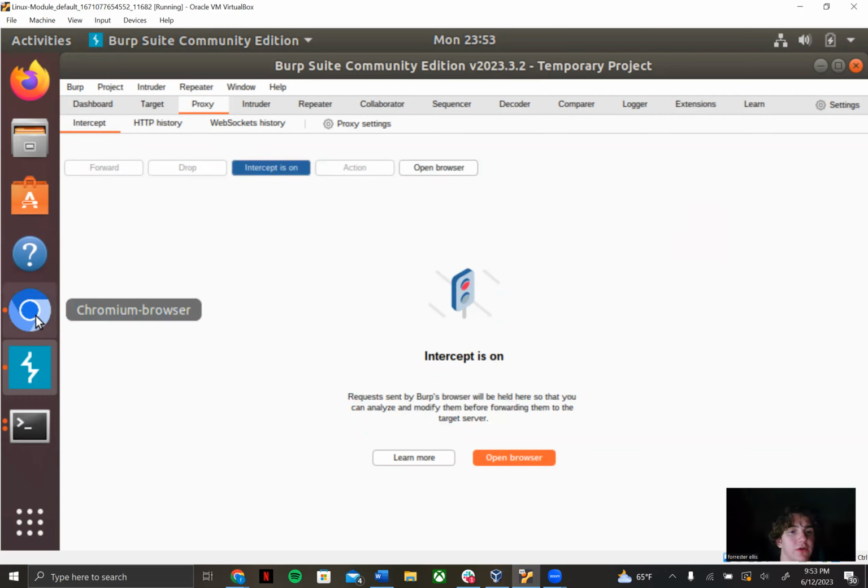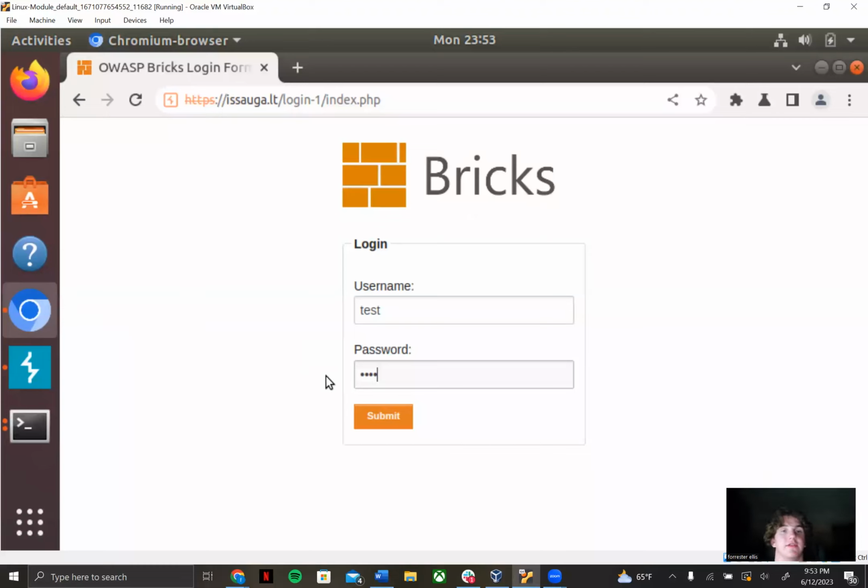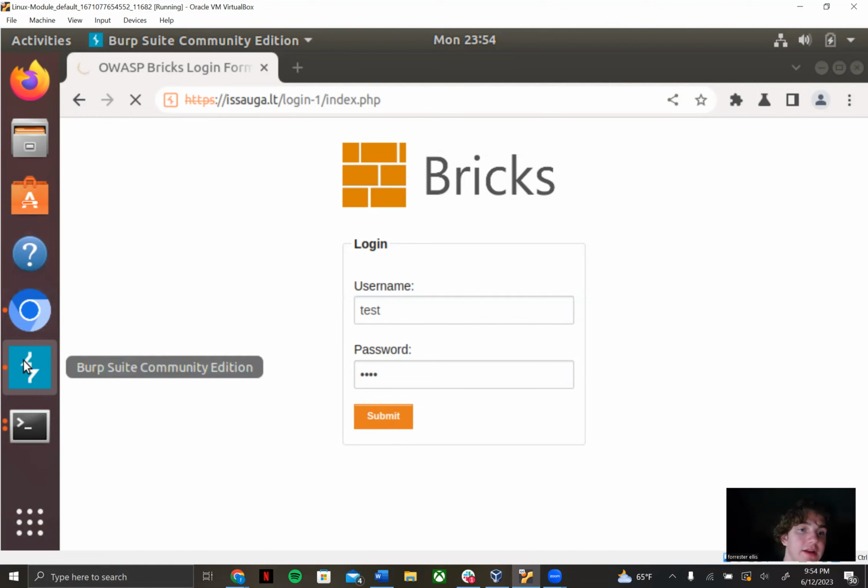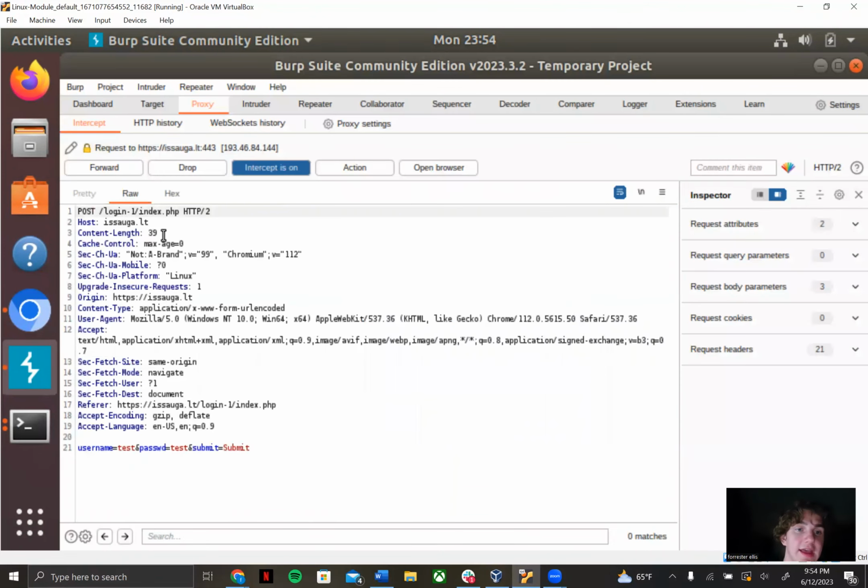I'm going to go into our browser. So this is the browser we're going to use to steal the SQL database. We're going to hit submit. With hitting submit, you can see that it's going to be hitting that infinite loading. With that, you can go back to Burp Suite. You can see that it has now captured all of the data